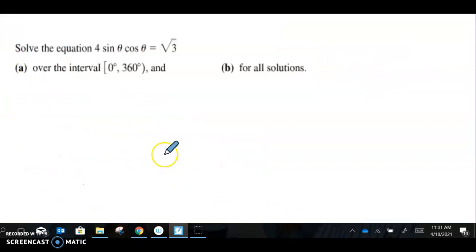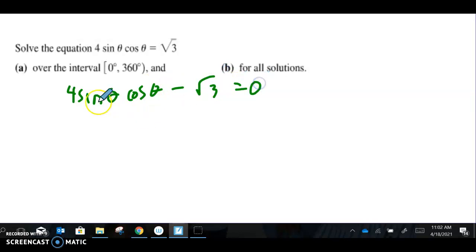Okay, let's try this one. Ooh, we have sine and cosine together. Never good. Never, ever good. It's hard to separate when we have sine and cosine together. Not even equal to 0. Ugh. Like right now, my gut instinct, of course, is to have it set equal to 0 because then we can factor. But I need something that just has sine or just has cosine. So look on your identity sheet, okay? And I think you'll see